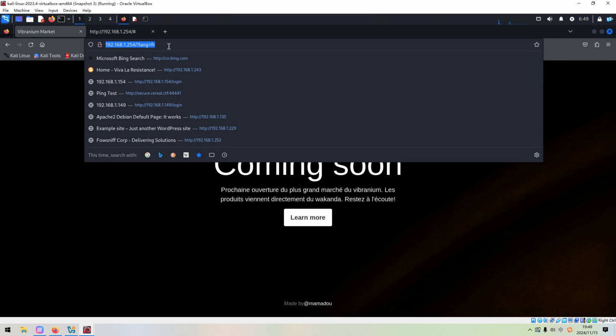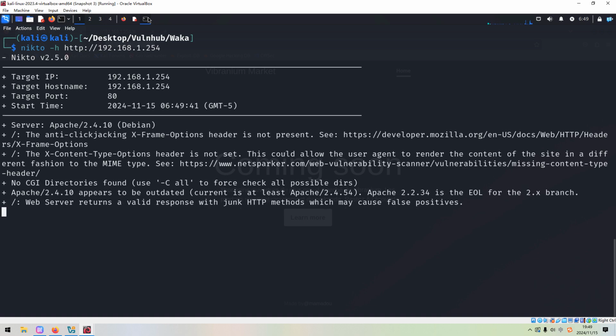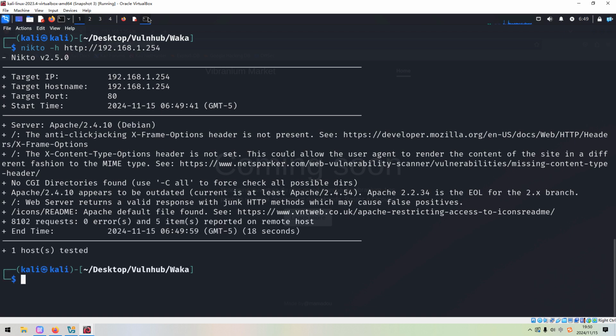Okay, but before we try to identify or detect local file inclusion vulnerability, I'd like to complete the automatic enumeration of the web application first. So now we can launch Nikto to do the automatic enumeration, because sometimes this can give us very important and useful information, such as the vulnerabilities of the web software, and also some common files or directories can be enumerated, but not in this case. So to save time, okay, it's done.